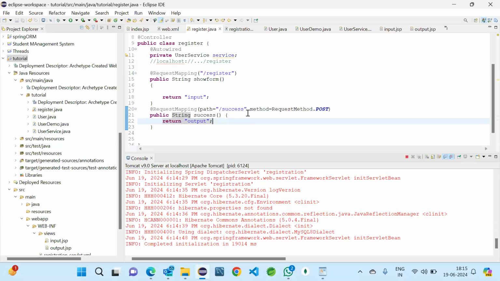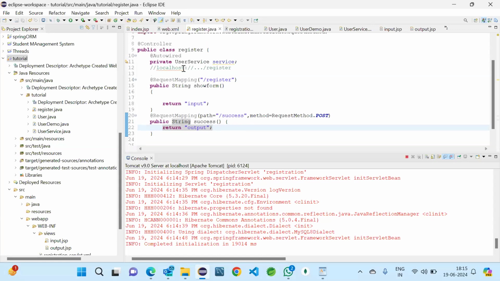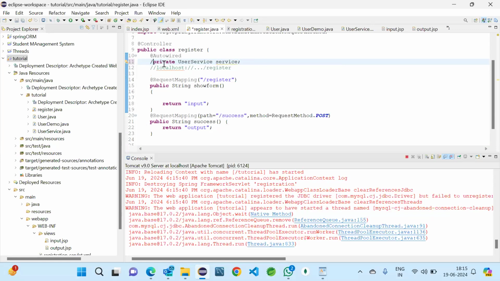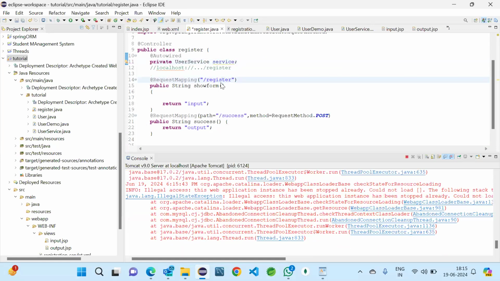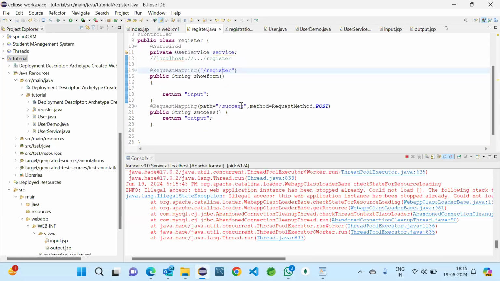Is this an error? No, no, it's common. There is nothing with that. And this is a yellow line because we haven't used this service till now. Later we'll be using it, but I just added it before. That's it. Path is success and method is post.